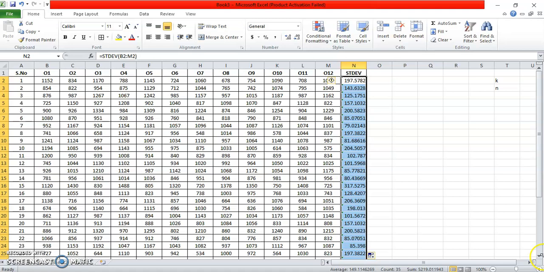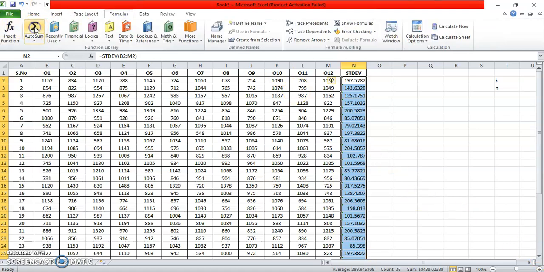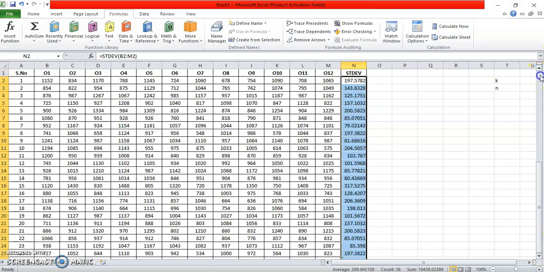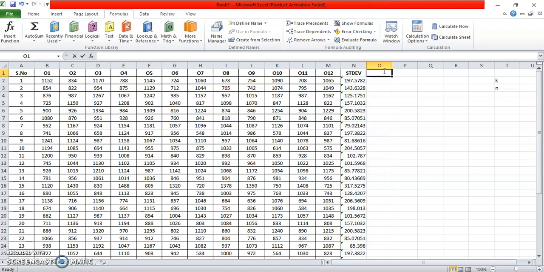Now as we obtain the standard deviation values, we'll just get the sum also. Why do we need the sum? Because to find out the value of your central line or your S bar, we need to find out basically the average of the standard deviations, right? So here either you can write down S bar or you can write down the central line. It's up to you, your choice.